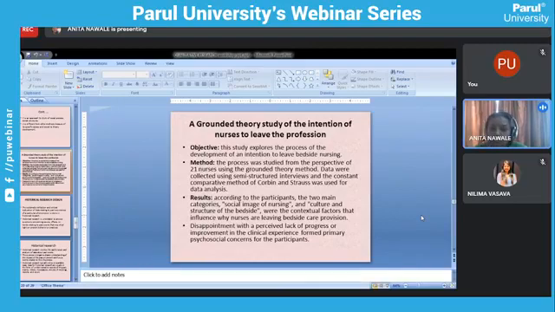These two important factors cause them to decide to leave bedside nursing. So that's how they have developed this particular theme. These are the two important factors. If you take care of these two important factors on the hospital side, nurses will definitely not think of leaving bedside nursing. So this was the grounded theory which they have applied in this.